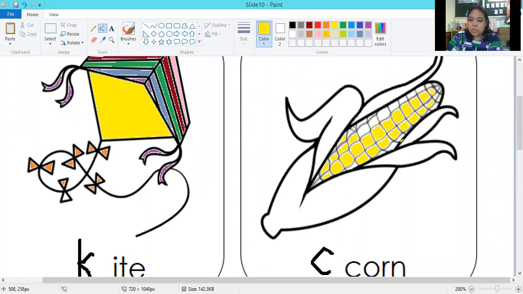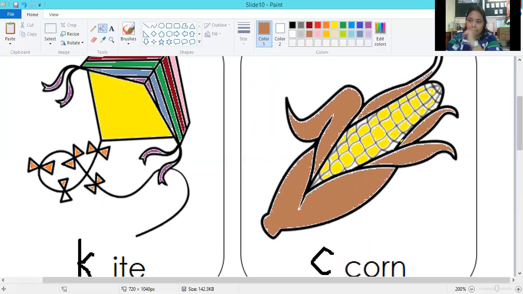Just make sure you color it nicely and don't leave white spaces there. Then let's use brown here.